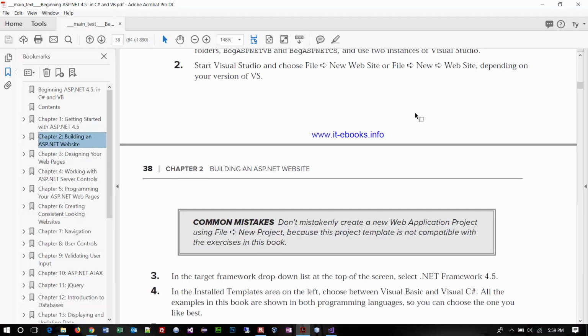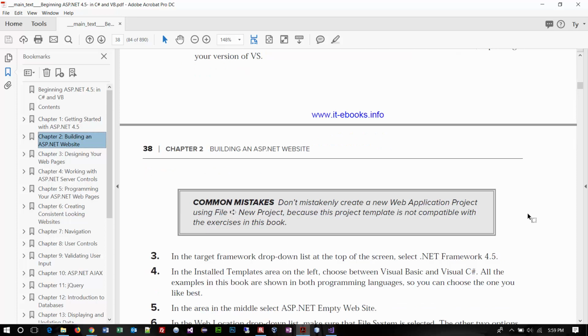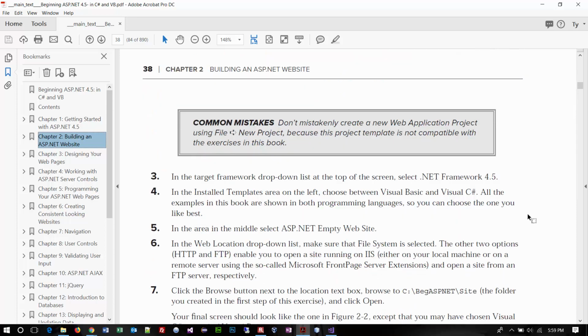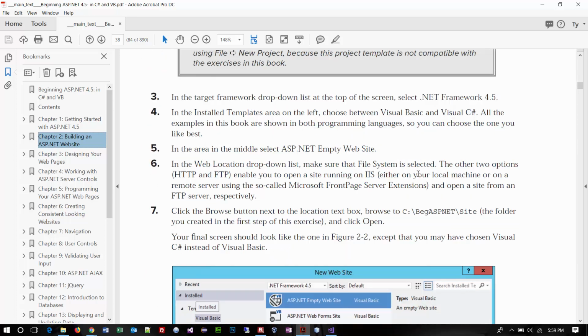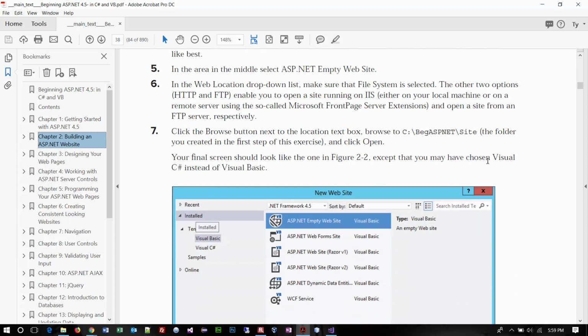So they want us to do File, New Website, New Website. It says depending on the version of Visual Studio. Now, I'm kind of moving ahead here, and I'm looking at the fact that that will take us to an interface where he's selecting Visual Basic, we will select C#, but basically he's building an ASP.NET empty website. So really, when we do a new project type, because that's what we're going to choose, that's what we're looking for. Okay? So let's go back to Visual Studio and try to make that